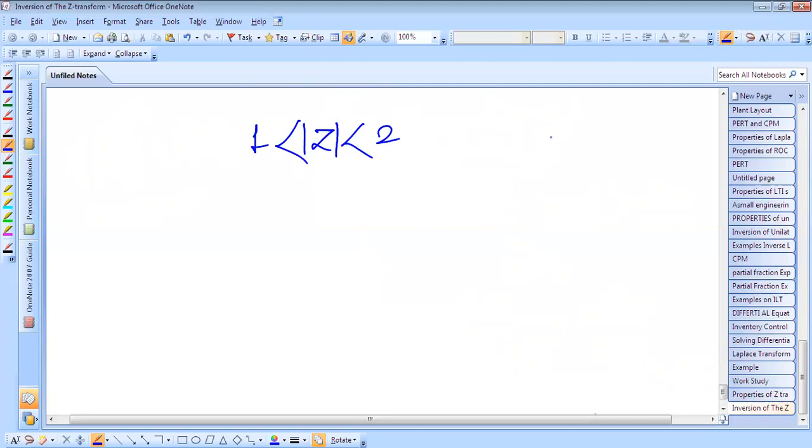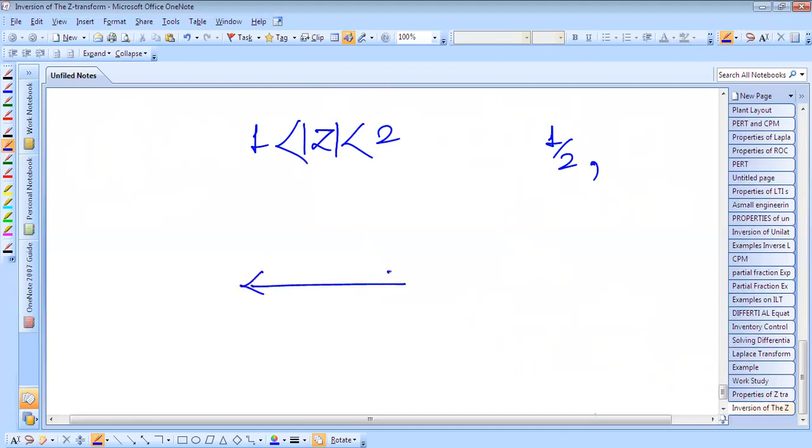So the first pole is at half. Now we'll discuss the second pole at z equal to 2, and z equal to 2 means the ROC is less than 2. And whenever the magnitude of z is less than dk,